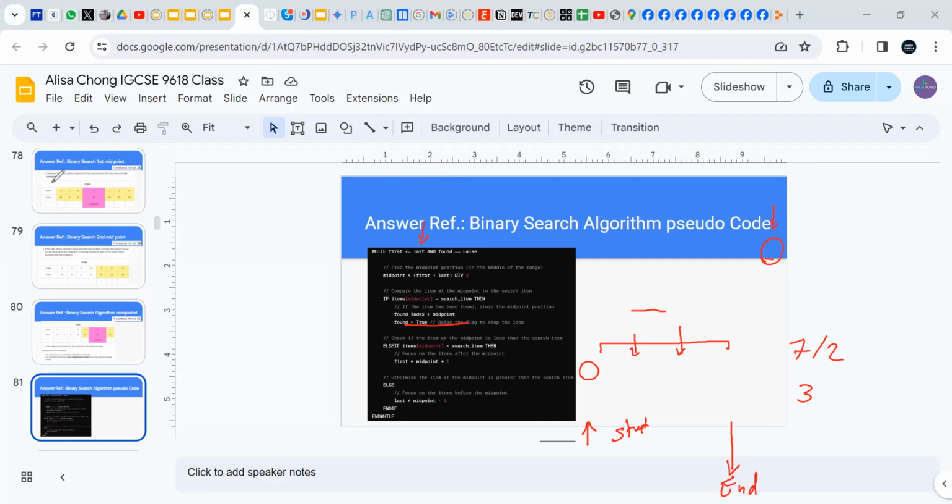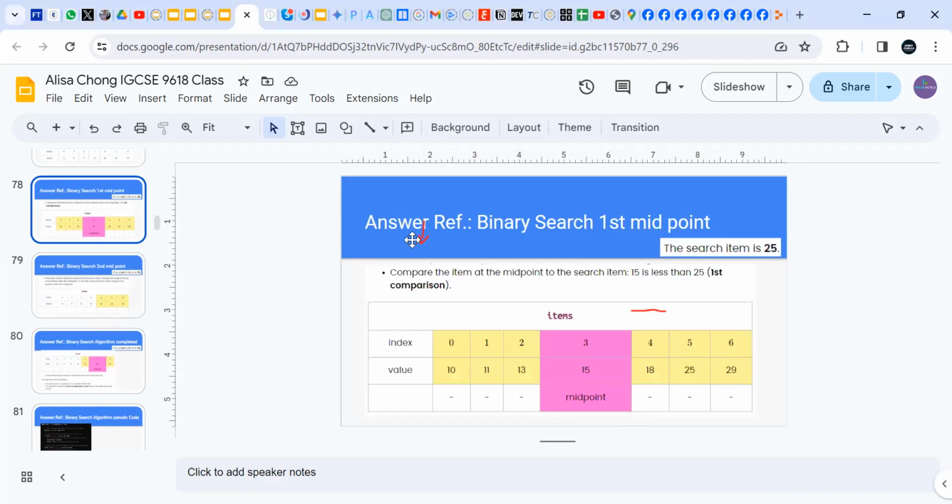Not yet. Okay, so do you still remember that we marked a midpoint of an array here? So we marked a midpoint, right? But when we marked the midpoint,